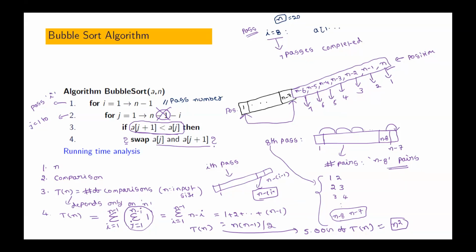Order of growth is n. What is the space complexity? Big O of n, is that correct or not? Space complexity is big O of n, is that correct or not? Big omega of n, is that correct or not? See, if the order of growth is n here, once the order of growth is n,